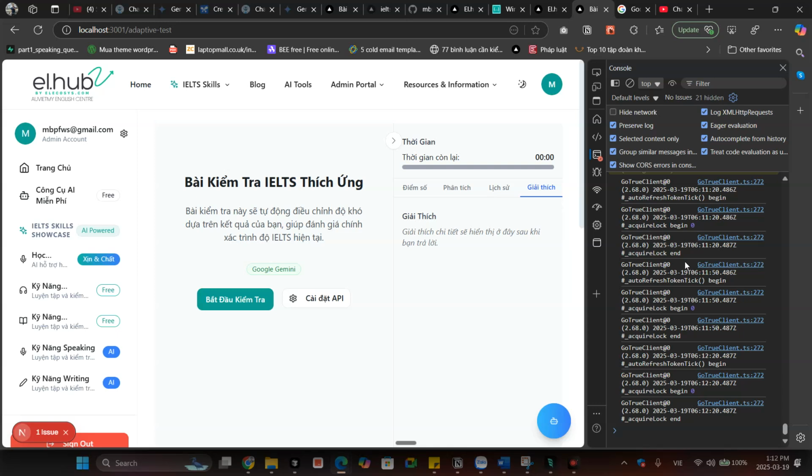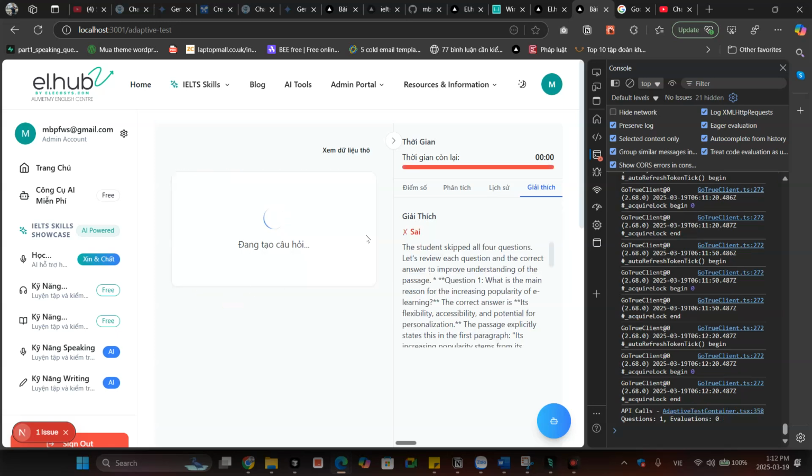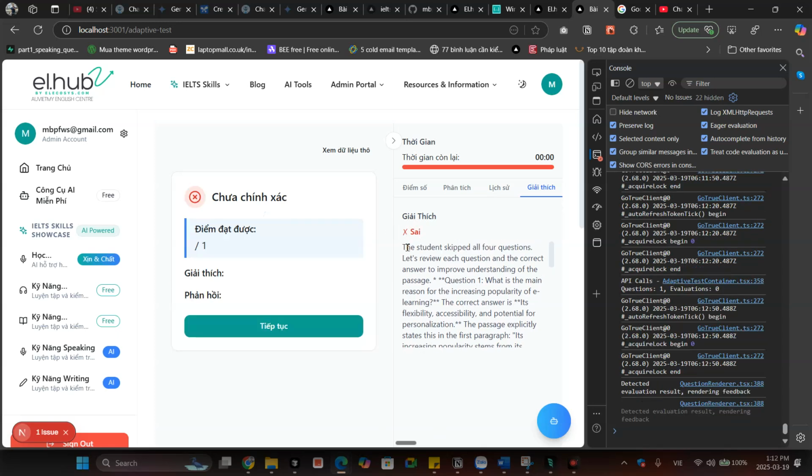Okay, so the debugging starts from here. When you hit begin, I didn't even answer anything, and I jumped right into this and it says it's wrong. I think this is the fallback question in a template, and this one shouldn't be shown unless there's no question generated. So in this case, if I look here,